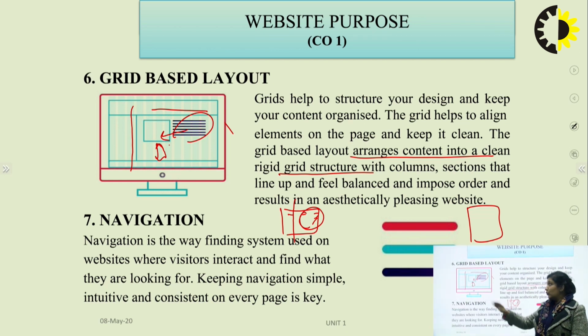Now see, if I look over this structure, I'm clearly able to see that the topmost portion is the banner portion. There will be many options over there like home, contact us, and information related to various courses, various branches, etc. And on the left hand side, this is the index. If I click over there, the content in the center will be changed. So this is the grid based layout.